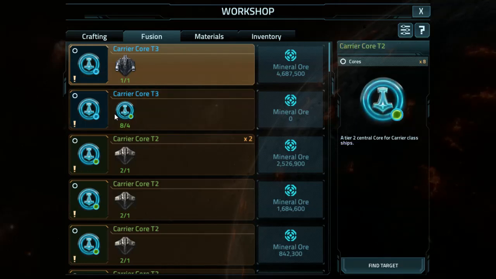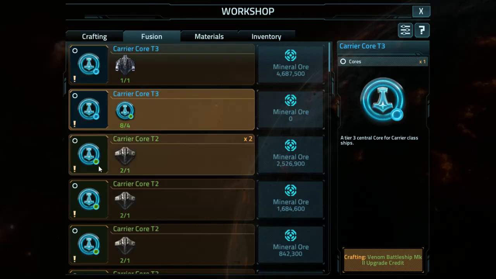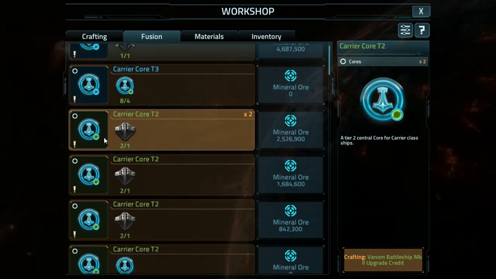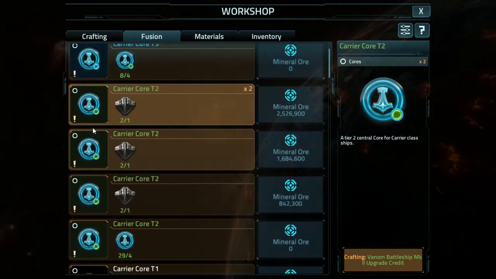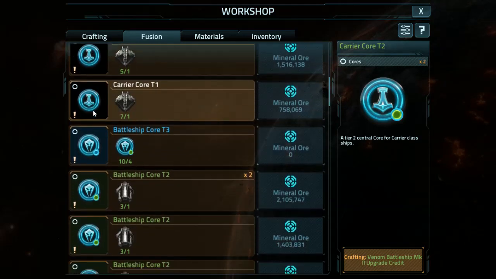You can also fuse carrier core. You see tier 2 central core for carrier class ships. You can fuse it up into a carrier core T3 if you have 4 of them, which I have 8, so I could make a carrier core T3. You can also fuse down, or no, correction. You cannot fuse, where was I getting at? So we'll go,